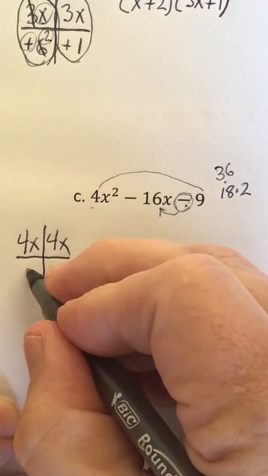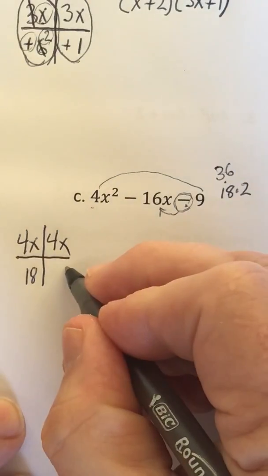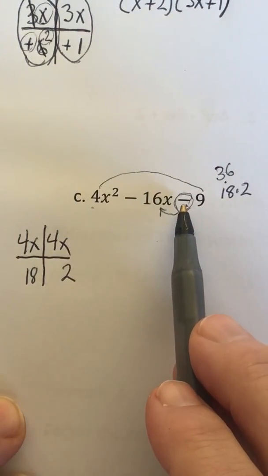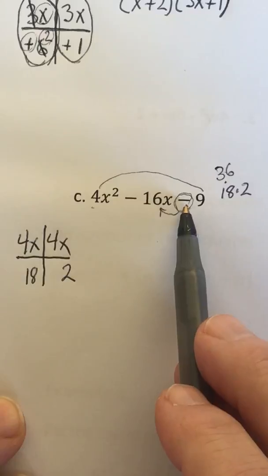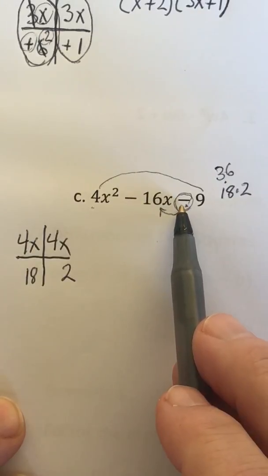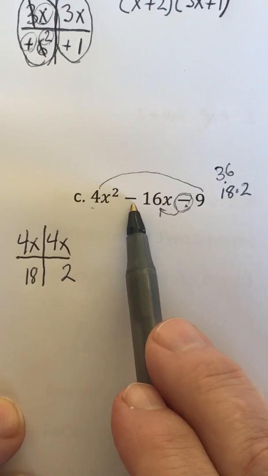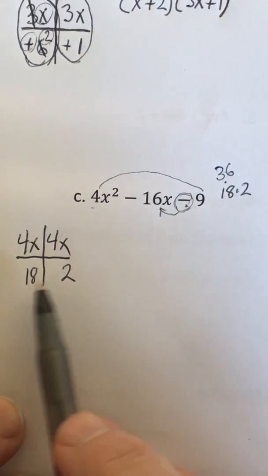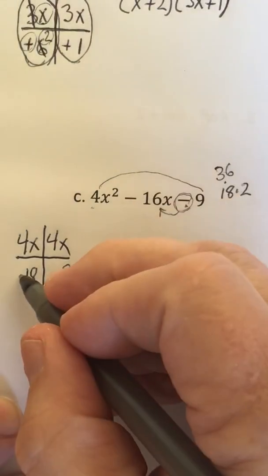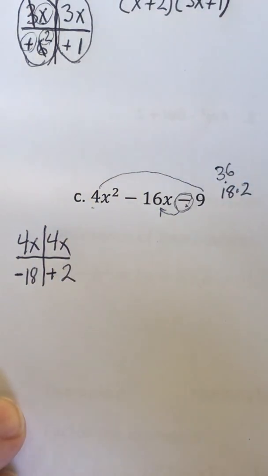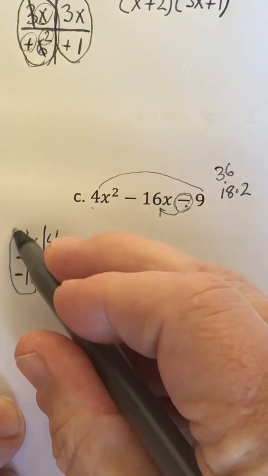So we're going to put that in the bottom. 18 in the bottom of one, and a 2 in the bottom of the other. This time, the last sign is a negative, so that means our signs are going to be different. And remember what our rule is. When the signs are different, we're going to take the bigger number, and it's going to get whatever our middle sign is. So 18 is bigger than 2, so 18 is going to get the negative, and 2 is going to get the positive. All right, then we group them together again,